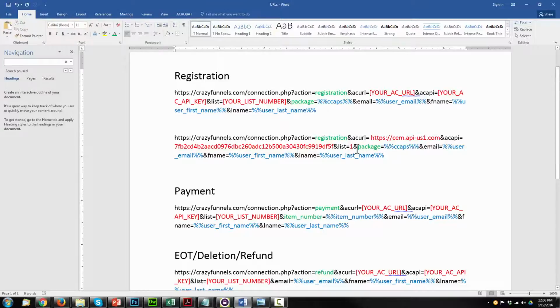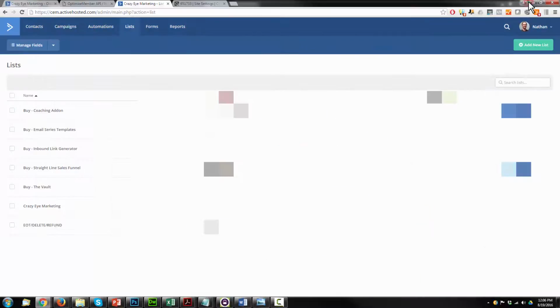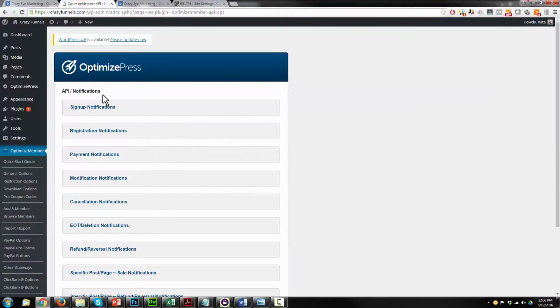And 1 is my list ID. And that's it. Those are the only values that we need to edit, because Optimize Press and Optimize Member are going to assign the ones that are in parentheses or in percent signs right here. So these are going to be automatically filled in for us, so we don't have to mess with it. So we can just go ahead and copy this, head on over to our back end here, and this